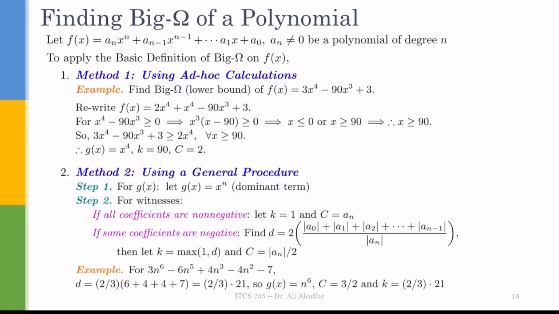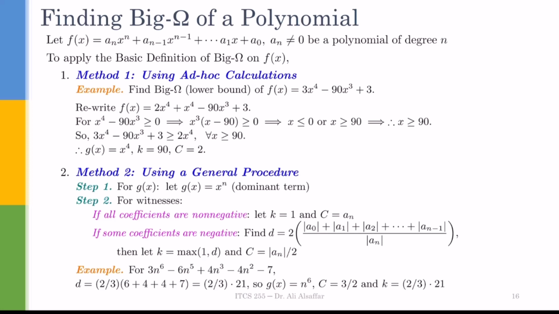Let us apply it on an example. Imagine you have the following polynomial and we need to use the general procedure to find big omega of this polynomial. Then notice we have some negative coefficients here, so we cannot apply this rule. So we have to apply the second rule. First we need to find d. So what is d? Add all the absolute values of the coefficients of all terms except the dominant